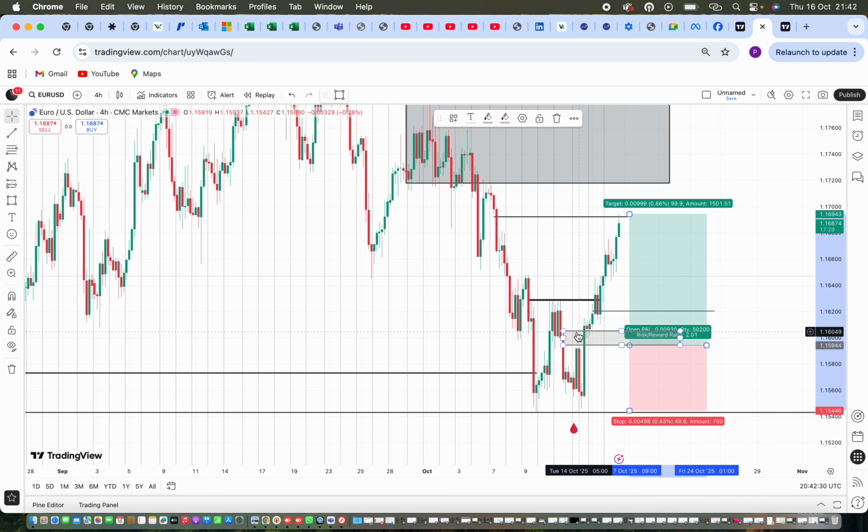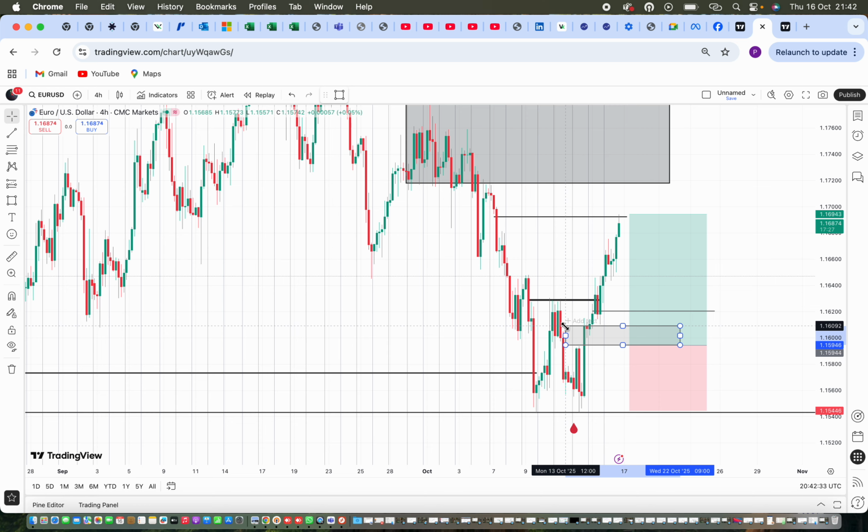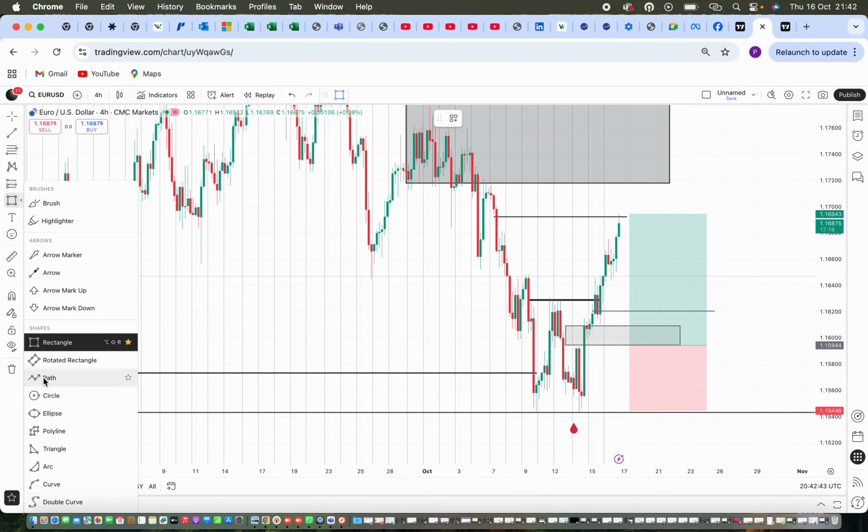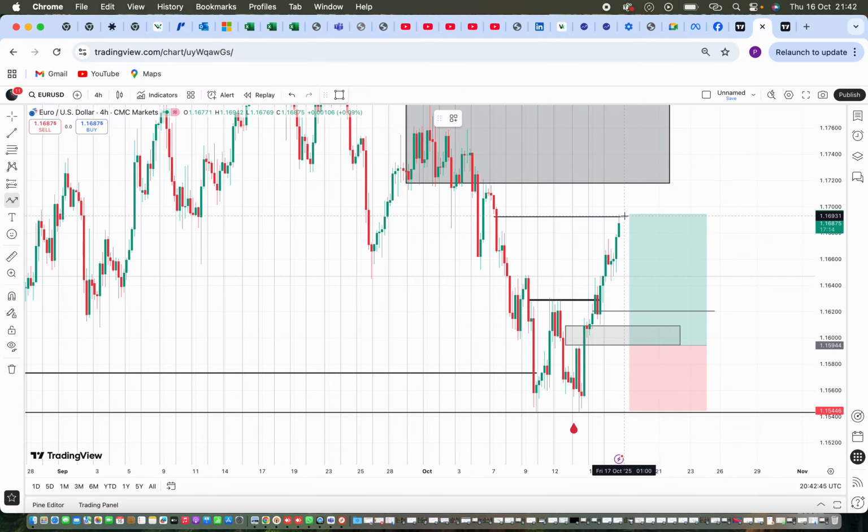Now notice, this is where I'm actually expecting some form of price to come to and react from. All right, we have this fair value gap, we have liquidity below it, so I'm actually expecting price to sell from this level, all the way back to this level or even here.